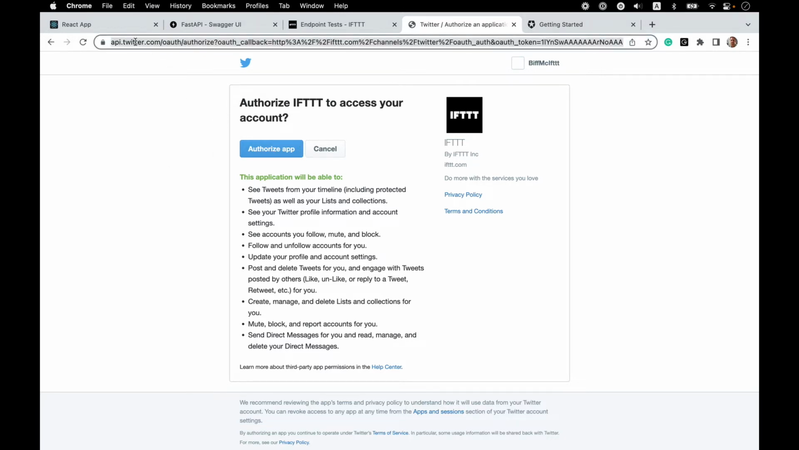As you see, this is on twitter.com, so this is not something that IFT hosts. This is your app's or your service's authentication flow. And this consent screen is important, by the way. This is something that the IFT team will look for when they review the authentication flow for your service before you can publish it. There needs to be some sort of consent that's presented to the user,